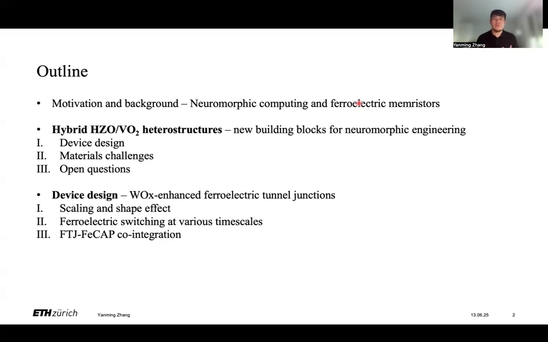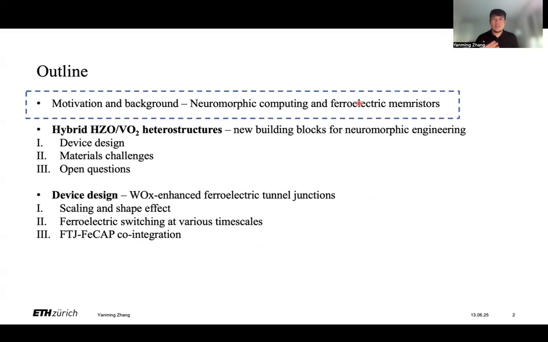To do this, we choose our major technology using tungsten oxide as a bottom electrode, and we explore the scaling and shape effect, and we investigate the ferroelectric switching at different time scales, and finally touch on the co-integration of tunnel junctions and capacitors. Firstly, to introduce the motivation and background of the research work done in our group